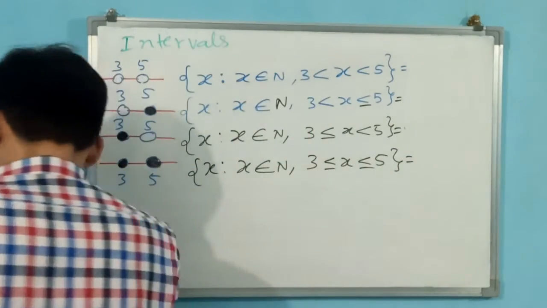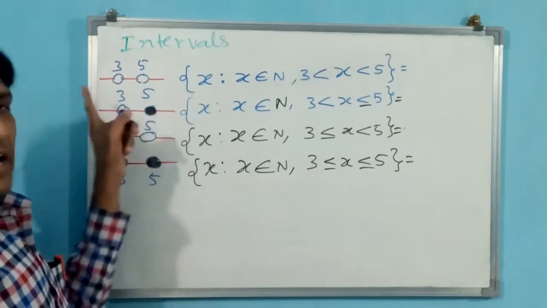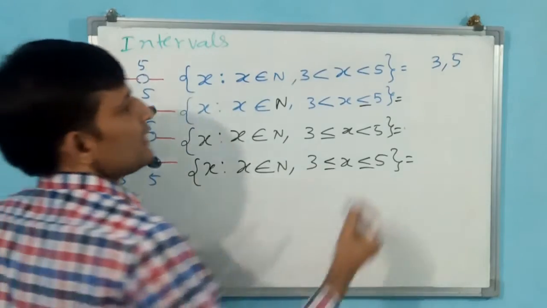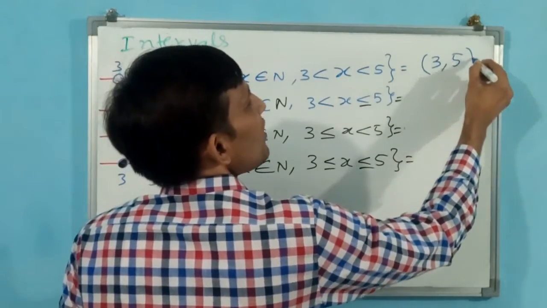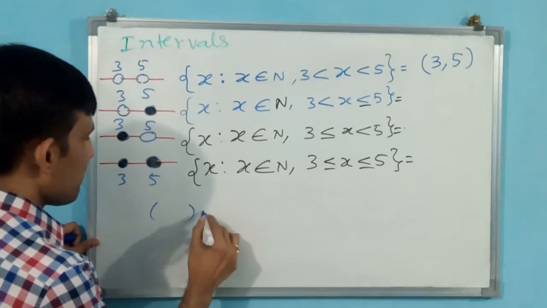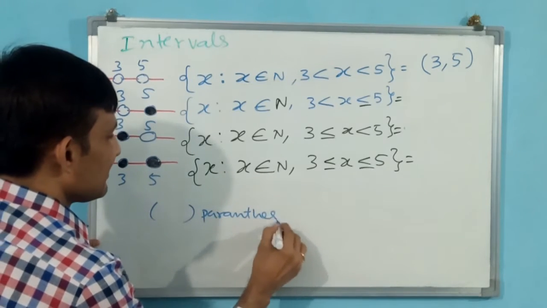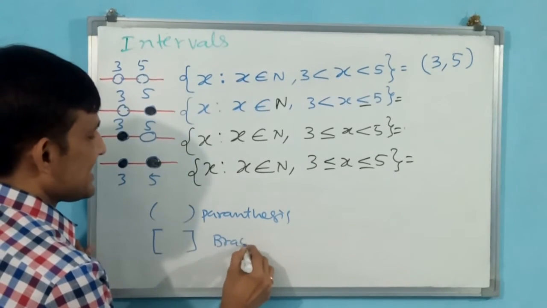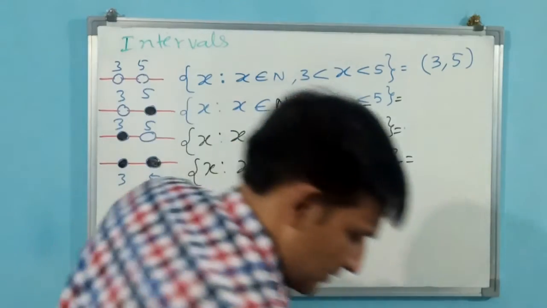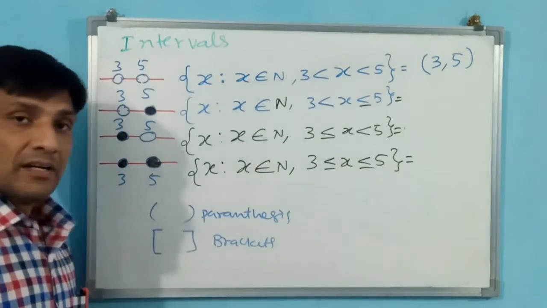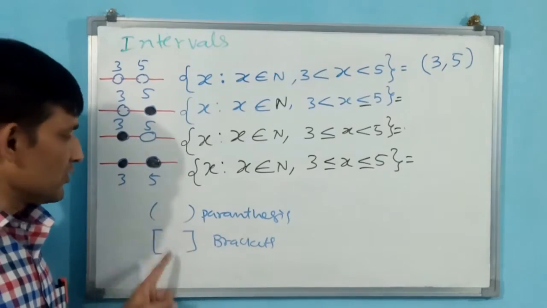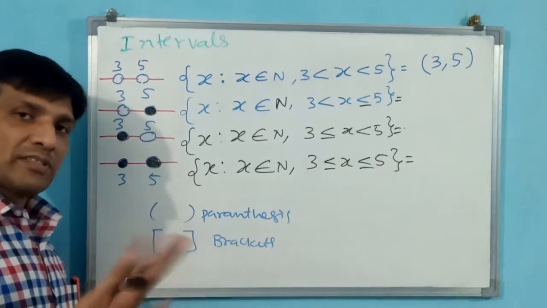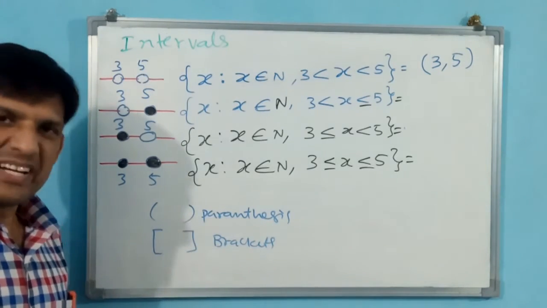Okay. Let me see how I am representing. Both are open. Let me write 3 and 5. Both are open means parenthesis you have to write. I said already to you, parenthesis. That is why you please watch my basic videos. Brackets. Okay. Here 9th, 10th, that will be different. Here these both are different in intervals and all. If you take vice versa, then your marks are going to be deducted.